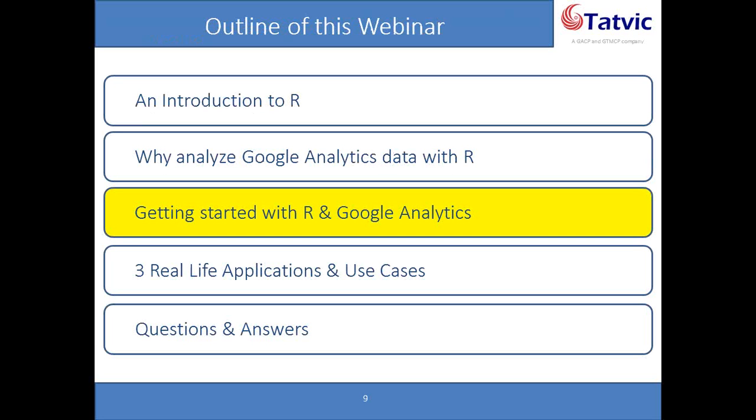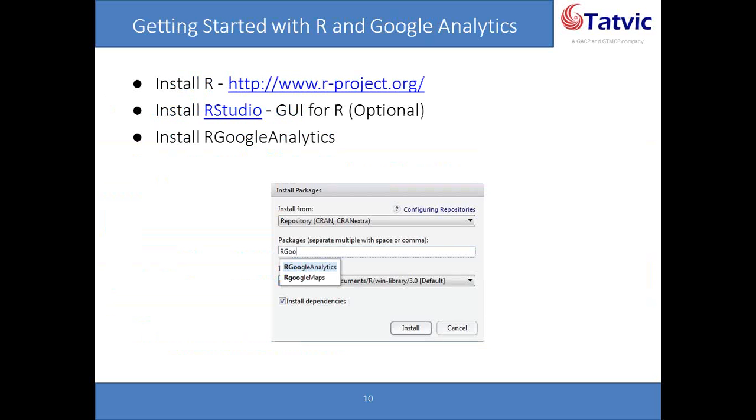Okay, so we are at the third section here. In the first two sections, I tried to give you a quick high-level overview of R as a software for data analysis, and provided a quick rationale for using Google Analytics data with R. I am now going to jump into a bit more of a nerdy mode, where I shift between the R Studio console and the presentation that I have, and then after that I'll also walk you through the 3 examples that I mentioned earlier.